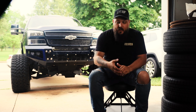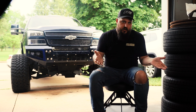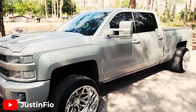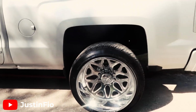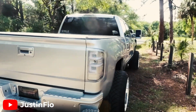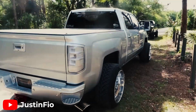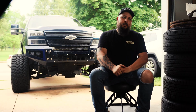Furthermore, what I've found is that if you like the Cateye, chances are that you don't like the 07 to 13 trucks that followed them, and then vice versa. And then I would even venture so far as to say that if you like the Cateyes, you probably also like the 14 to 18 Silverados, because again, GM did the whole split headlight thing for those trucks, and some guys love them and some guys hate them, but either way, for me, it's one of the best features of the truck. Those headlights just look so damn good, and mine make me feel a type of way even more